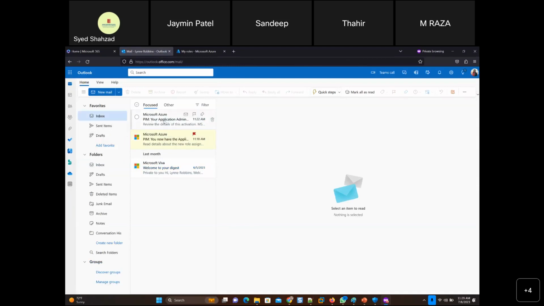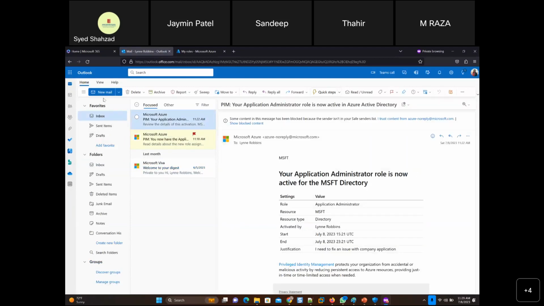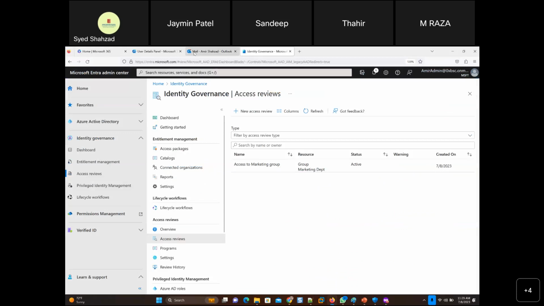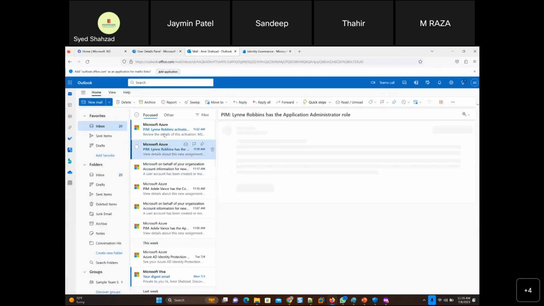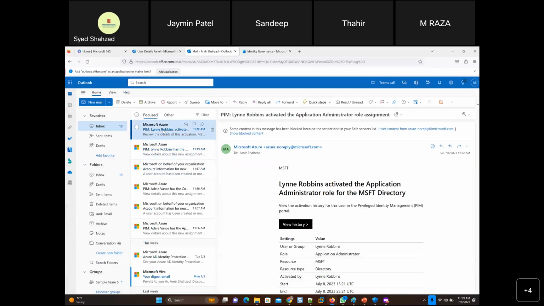Okay, so I'll keep this user signed in and we'll keep check on that user, but the email for access review should be coming. And Lynn Robbins has, okay, this is just administrator alerts that you have given access to Lynn Robbins. When I give this access to any user, all other 4 administrators get the email. So they automatically get the email that one of the global admins gave access to someone. So all other 4 admins or whoever else is a global admin will automatically know that another admin did this, right? So that's a good check and balance as well.